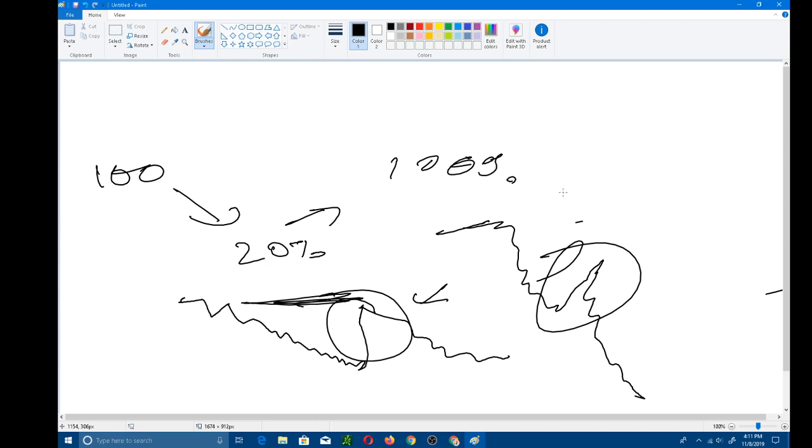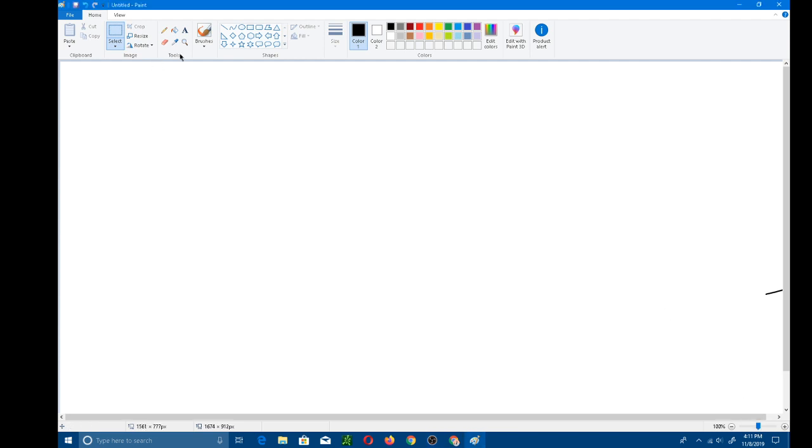So this isn't what you want out of your trading. You want longevity. So you want to make 5% one day, 5% the next day, and then 5% the next day. Because 5% of 100 is just 5. So you're left with 105. Let me clear this again. I need a different... Paint is so old school. That's why Microsoft is a trillion-dollar company. So you start with $100, and you make $5. Who gives a shit? It's $5. $105. All right, cool. Let's make another 5%.